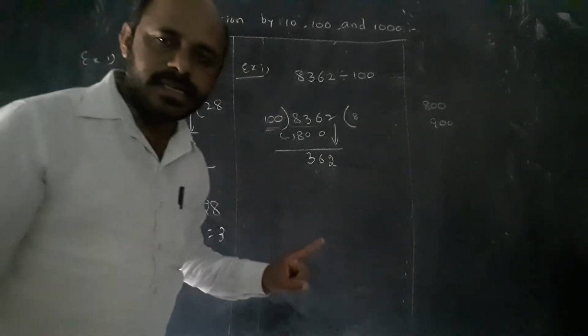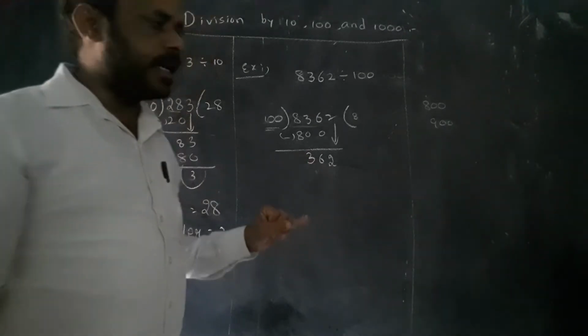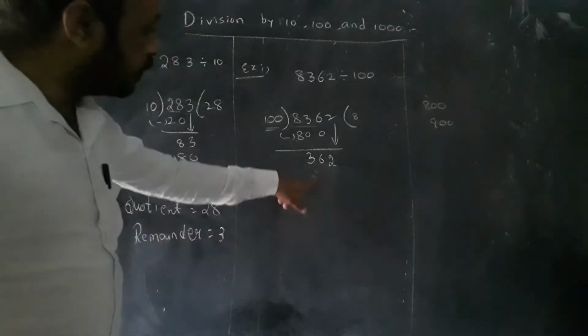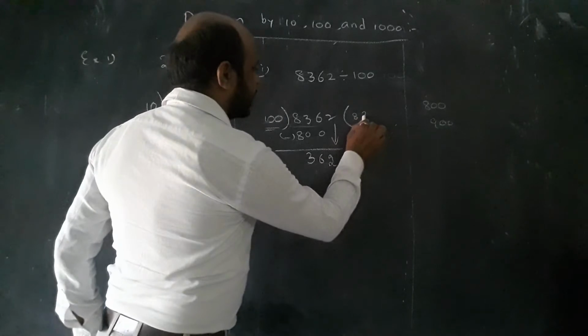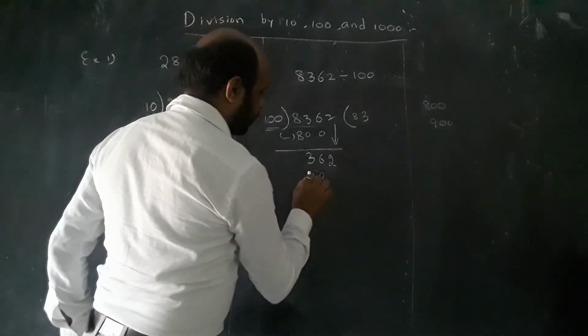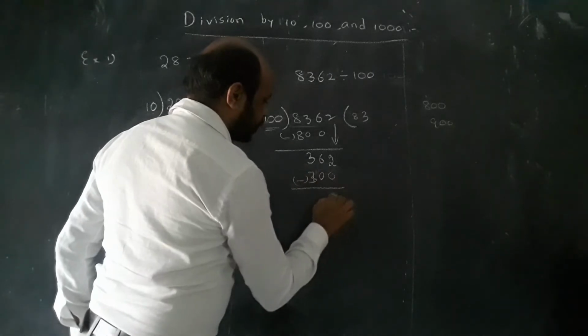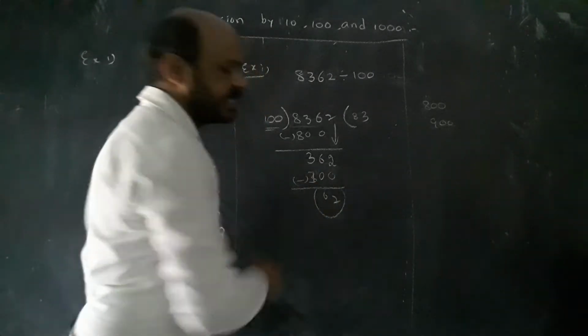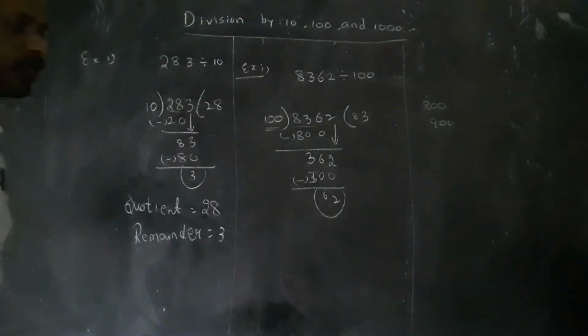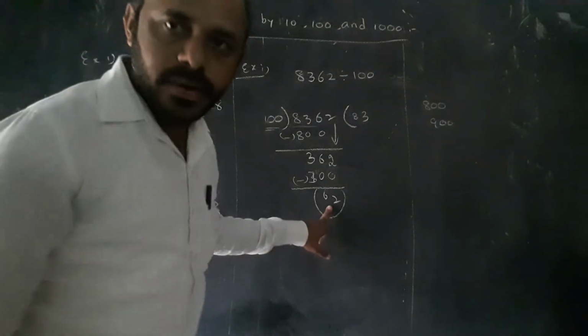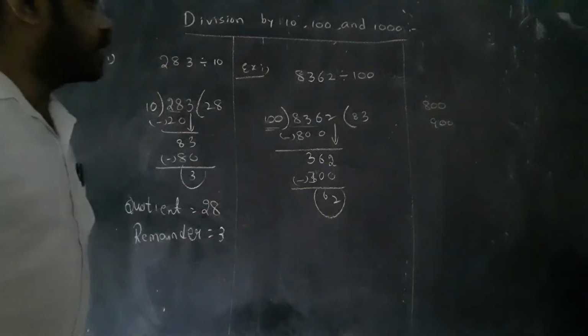Then we got 100 1 ja 100, 100 2 ja 200, 100 3 ja 300. We need 300 here, 100 3 ja 300. Here is the subtraction. The subtraction is 2 and 6. 62 is the leftover. Whatever the leftover number is, we have to call it the remainder of the given